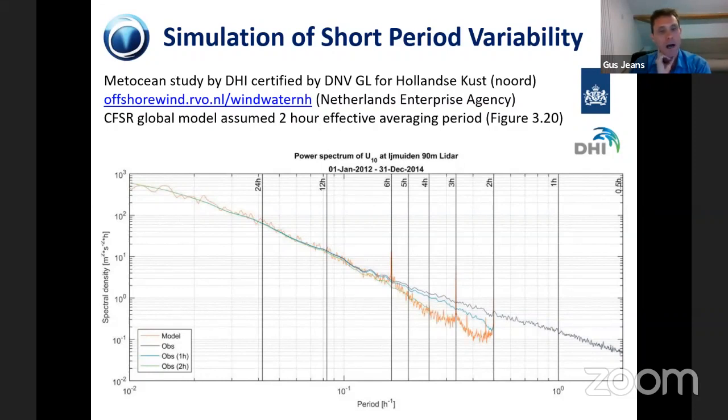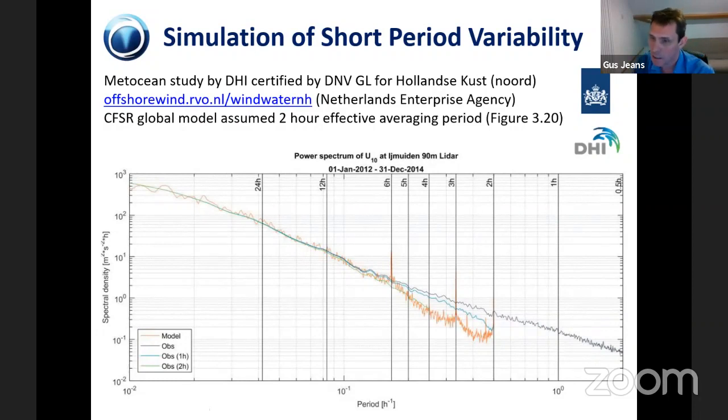in this slide here. And this shows the wind spectra, so the energy density within the wind, calculated as a function of frequency along the horizontal axis. The measured data, the raw observed data at 10-minute mean, follow this line here, and if you average those over 1 hour, in blue here, you get a loss of energy at the high frequency. And then in green there's a line that also shows that if you average the measured data over periods of 2 hours, if you take 2 hour means, you get a further loss of energy. And then the red line shows the energy spectra from the model,